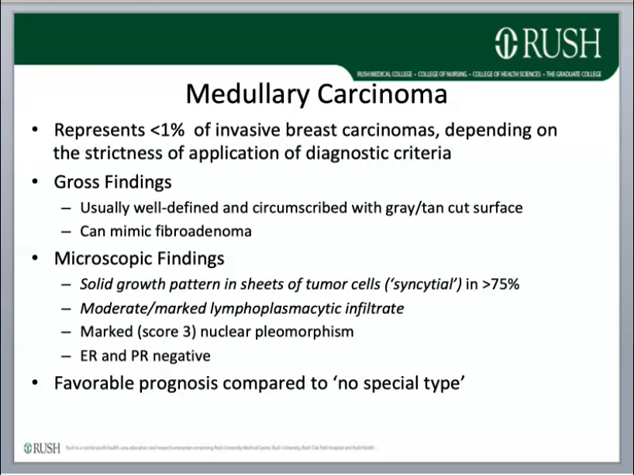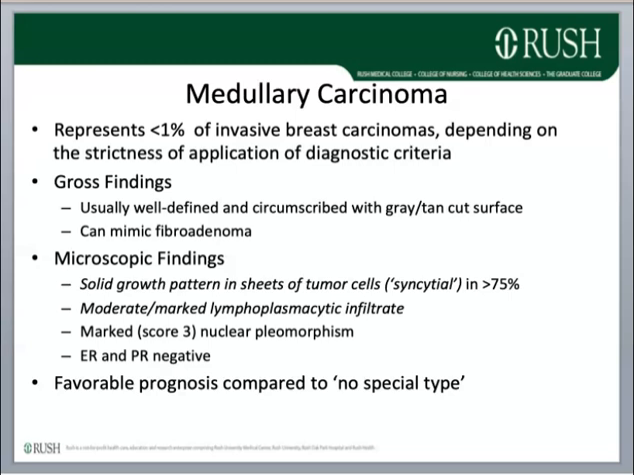Another key feature is that these have a moderate or marked lymphoplasmacytic infiltrate, and this is a key feature of the tumor. And finally, the tumor cells themselves have high-grade or marked nuclear pleomorphism. These are also characteristically negative for estrogen and progesterone receptor expression. These also are said to have a favorable prognosis compared to the no special type, especially when the diagnostic criteria